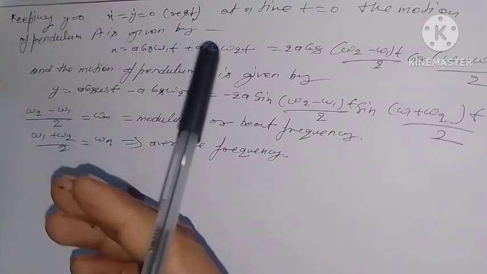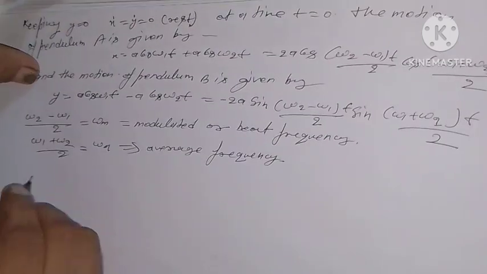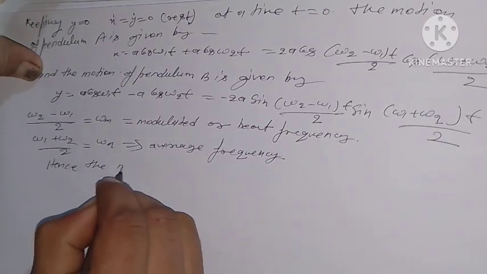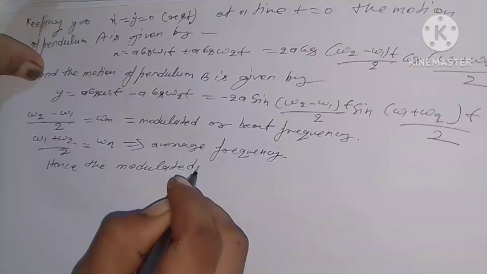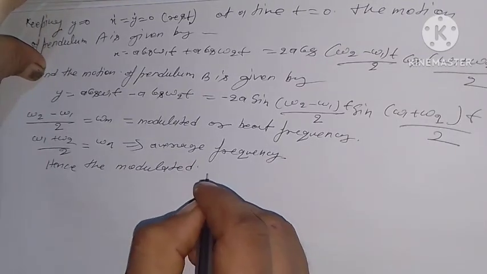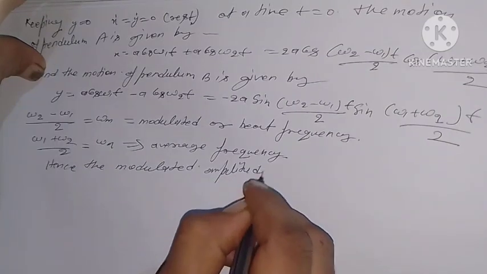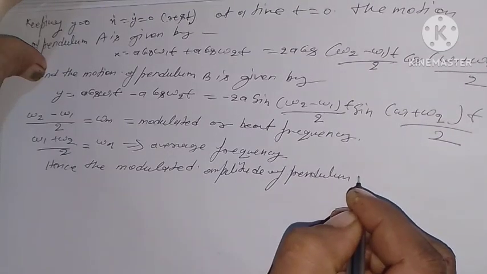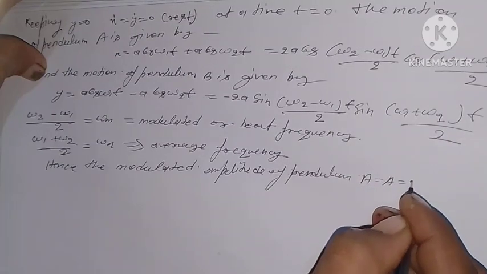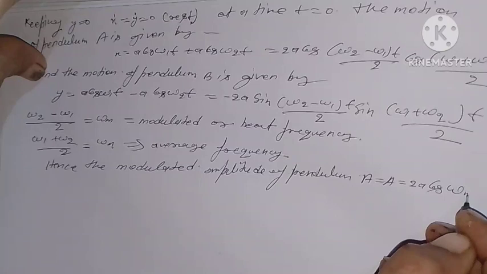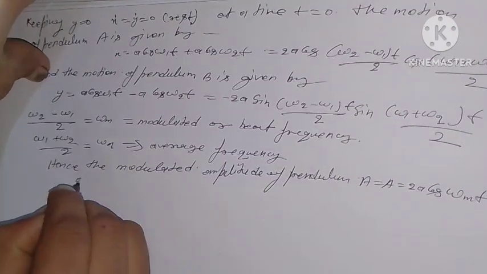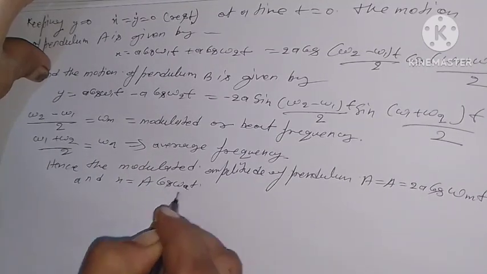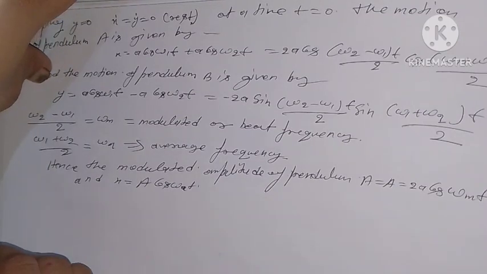Hence the modulated amplitude of pendulum A equals 2a cos omega m t, and x equals a cos omega a t. Okay, the modulated amplitude of pendulum B